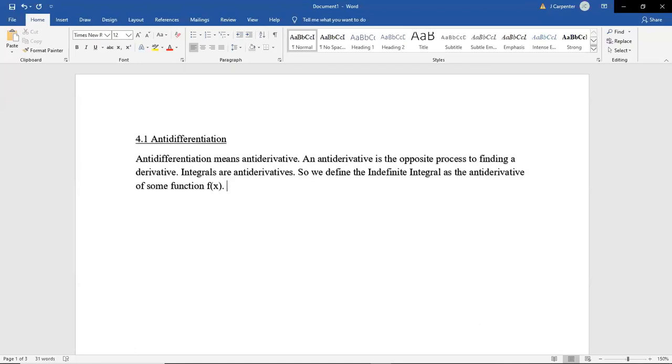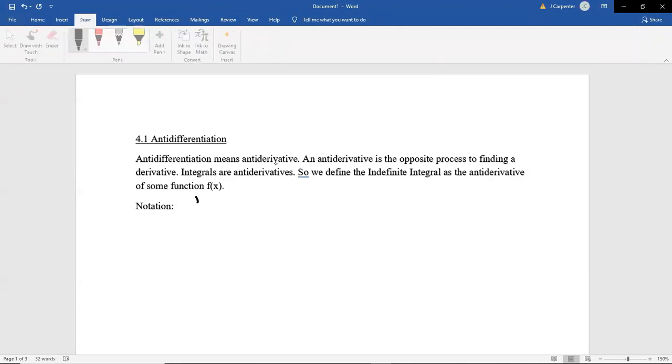There's actually some more to it than just that, and we will see why that is soon enough. But if you start with one function and you take its derivative to get a second function, then if you start with the second function and antiderivative it, you get the first function, basically. So, notation. This is important. If you're given some f of x, so given some function, this is the symbol for an integral, or the symbol for an antiderivative, or anti-differentiation, whatever you want to call it.